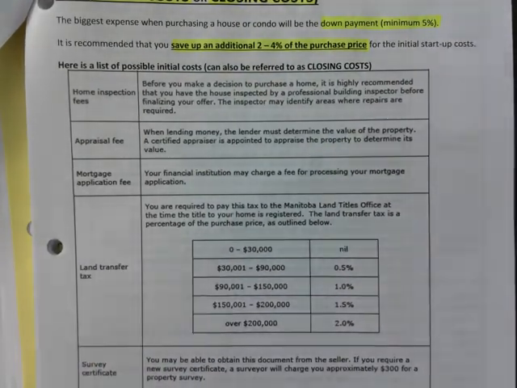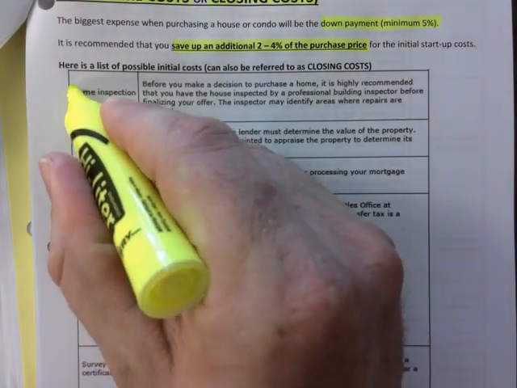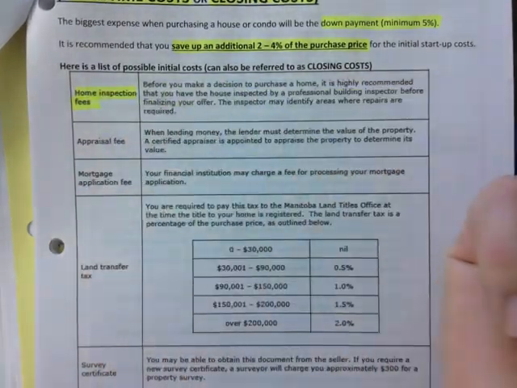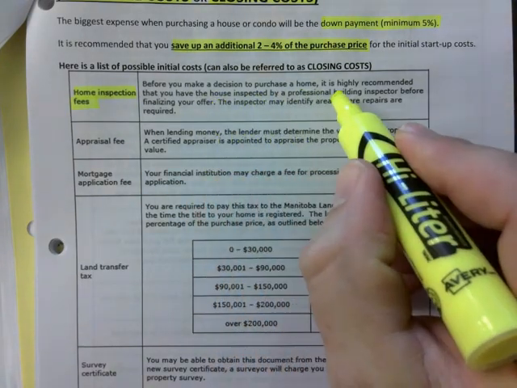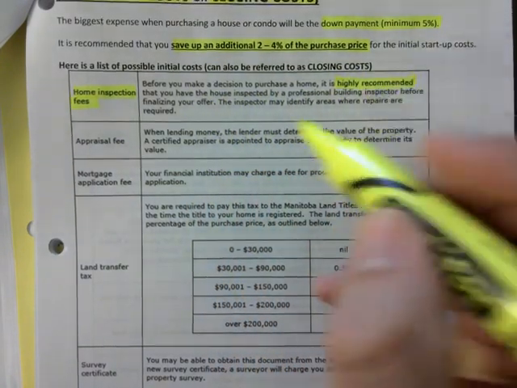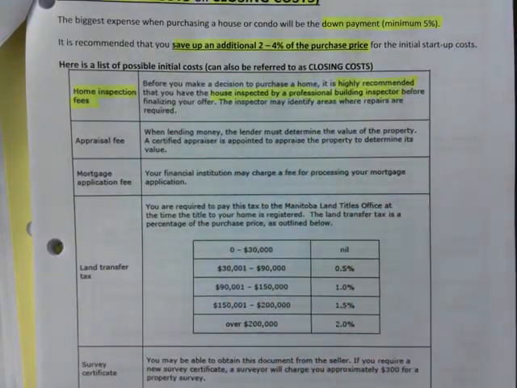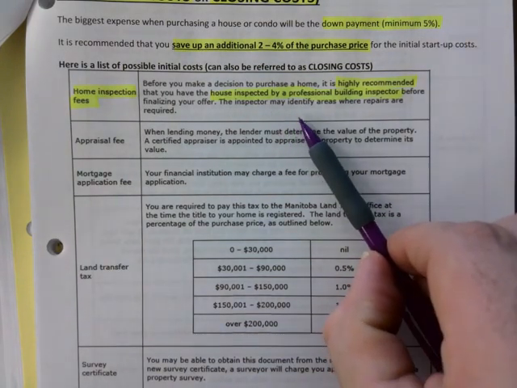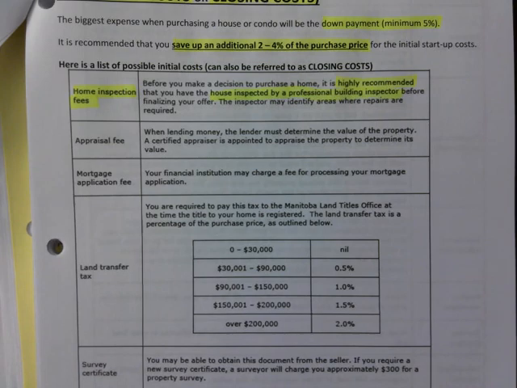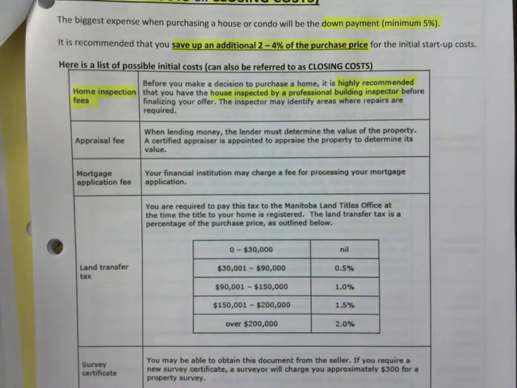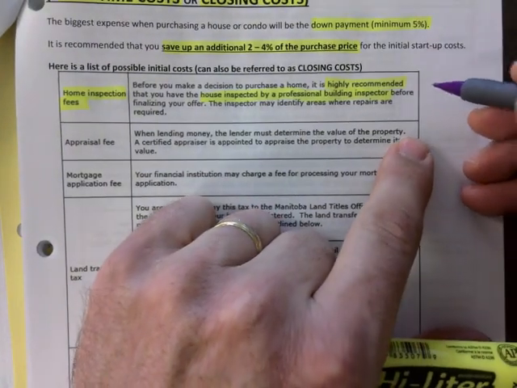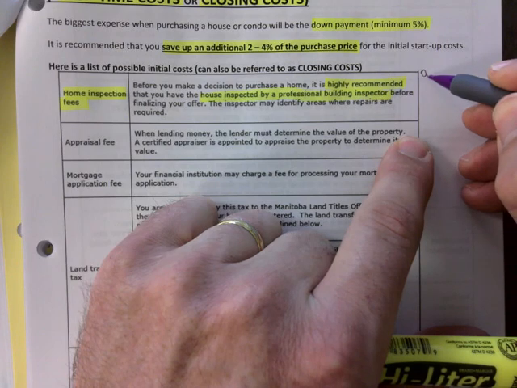Let's have your highlighter ready because I'm just gonna glance over this. I won't spend too much time because I know you're just waking up. But home inspection, guys, that is important. Before you make a decision to purchase a home, it is highly recommended that you have the house inspected by a professional inspector. And I will say this, it's not here, but add this to your offer to purchase. I have the exact wording here. Write it down on the side here. Okay, on the offer,